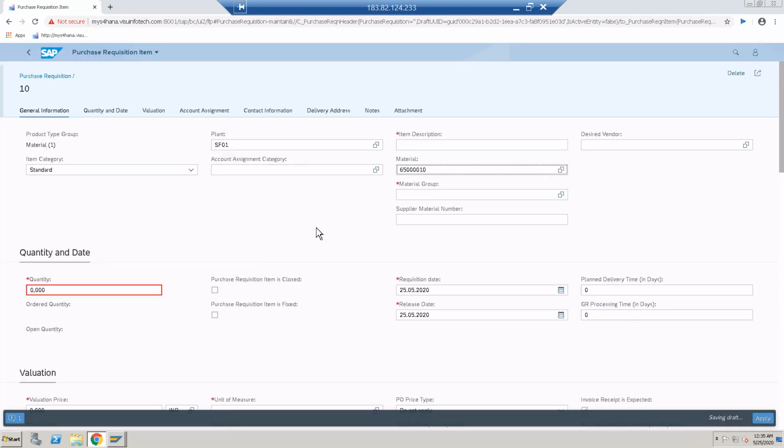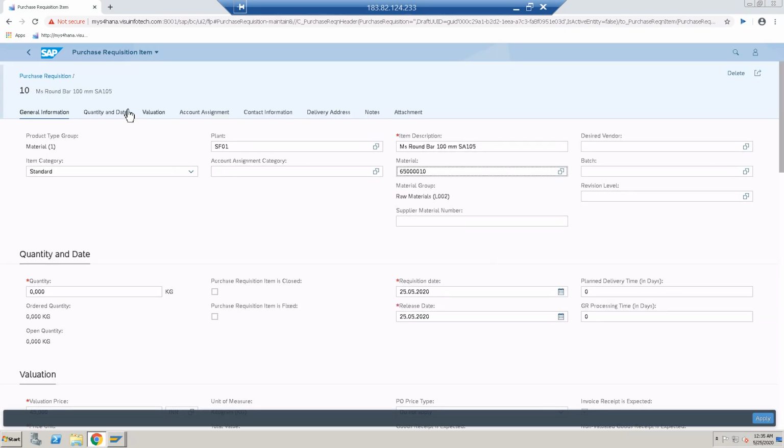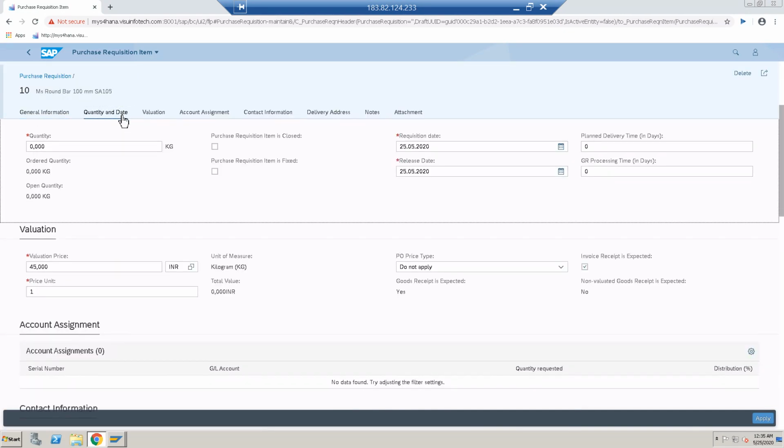I want to create the purchase requisition for the first material. Quantity, no need to enter the quantity for now, just press enter. Now quantity, date.